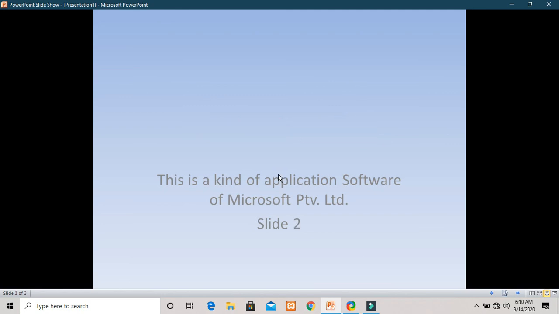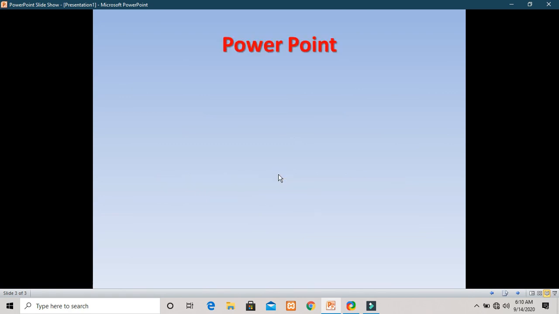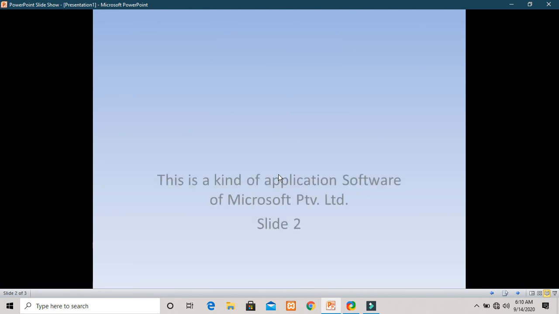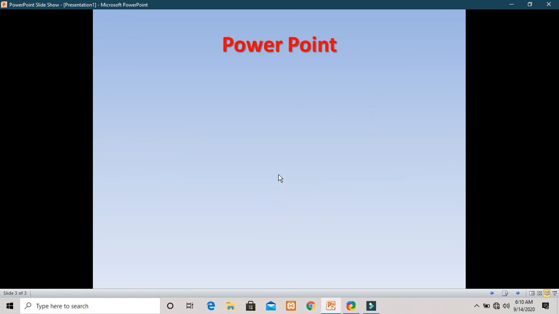You can see here I am changing the slide with the help of my keyboard. So basically Reading view is used to show your slides in the form of a presentation. You can use these icons to switch from one slide to another. This is the use of the Reading view.